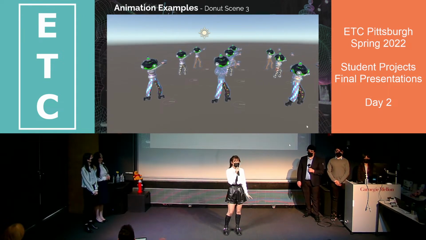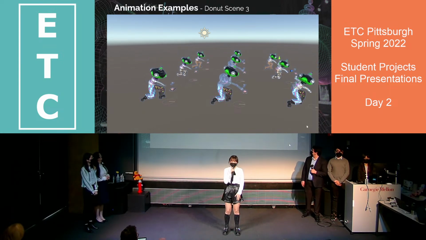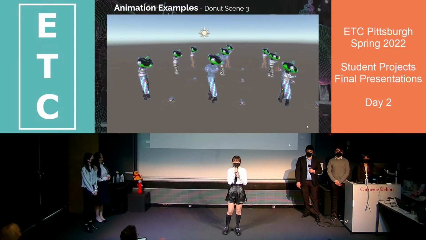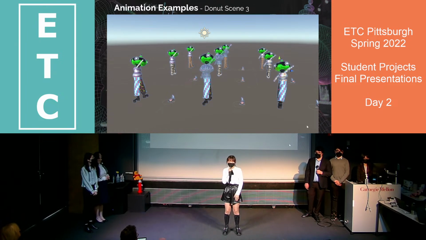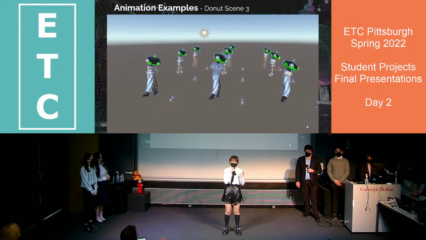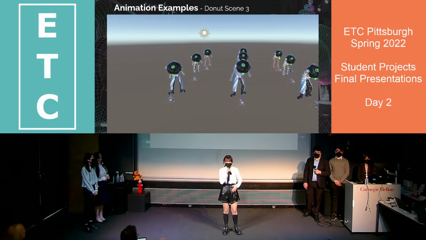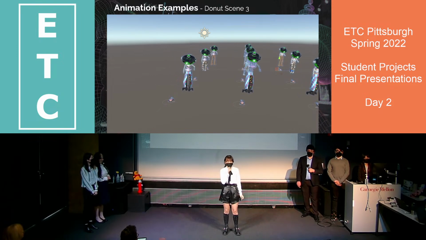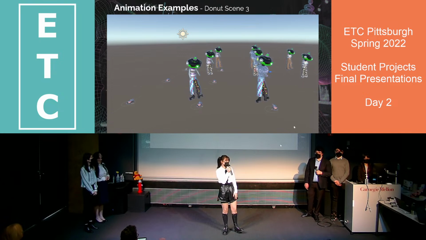And here is an example of the donut head scene 3. The video is a screen capture in Unity, where you can see all of the combinations of the donut head for the character of mix and match. The combination also works for the fox head and the robot head, just with different combinations. As Robin just showed us during the demo, now you may have an idea of how the whole donut head story is.